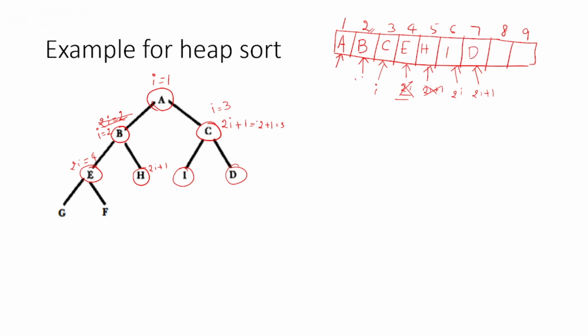Okay. So once again increment I by 1. So 4. So I is equal to 4 is this particular node. So 2i is G and 2i plus 1 is F, right? So 2i is nothing but 4 into 2, that is 8. So here you are going to insert G, and 2i plus 1 is nothing but 8 plus 1, that is 9. So here you are going to include your F.